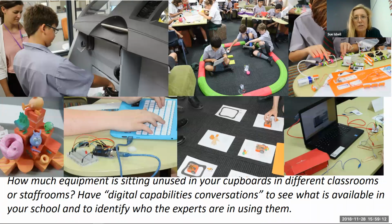So, it's cutting edge technology that's out there being used. So I guess, again, have a reflection. How much equipment do you have in your institution, your school, possibly even at home? Through our digital pedagogy and technology strategic committee this year, we started a process of digital capabilities conversations, just using a shared class notebook, OneNote, to try to identify what's actually out there in the staff rooms, in different people's cupboards, in classrooms, and what type of expertise we have around those different technologies